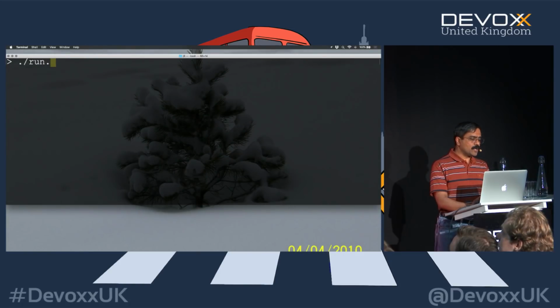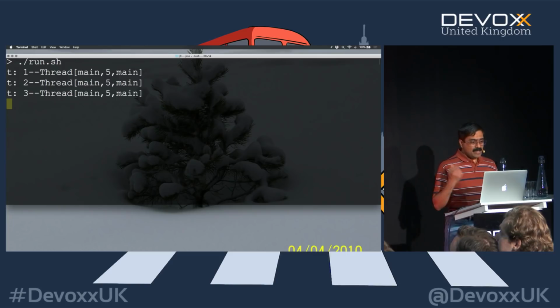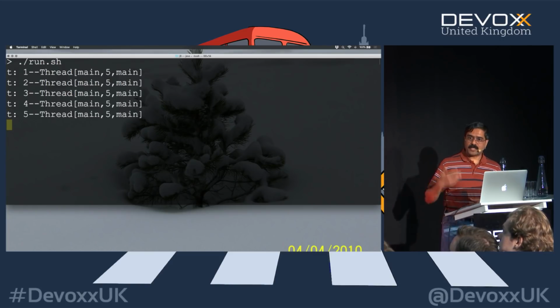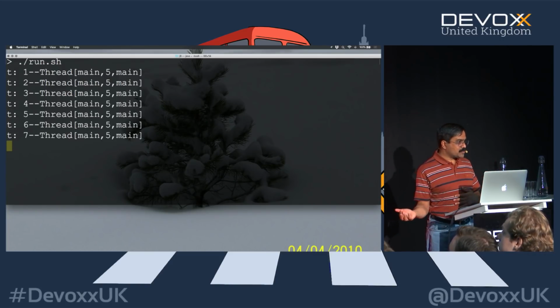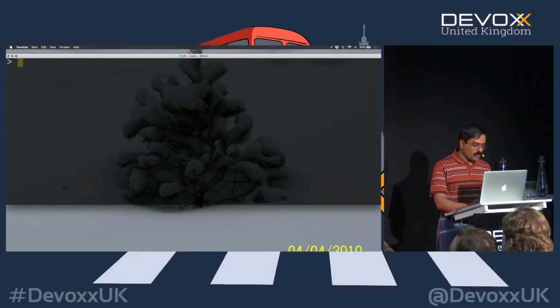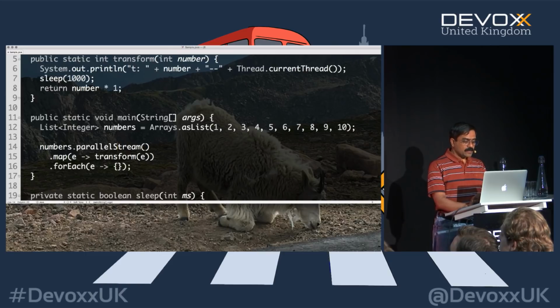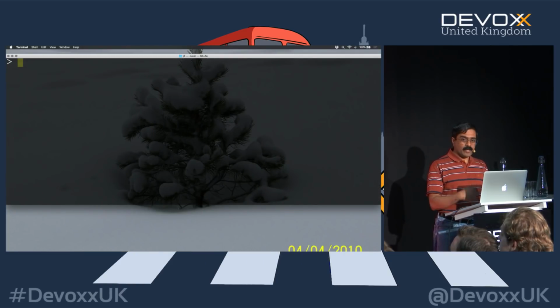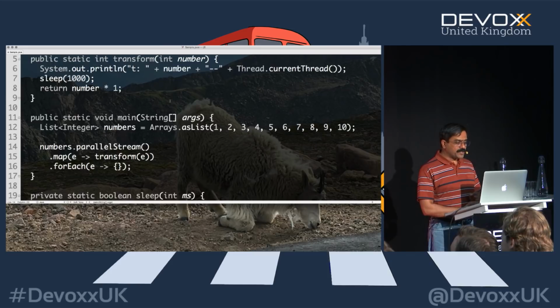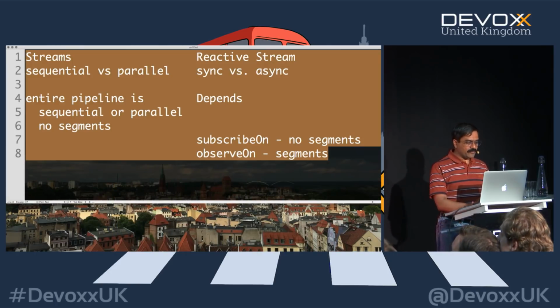So when I run this little code right here, I wanted to take a look at the thread of execution. A, it's sequential, no surprise, but B, it's also the main thread that's running it. So you can see main 5 main, so the whole thing is running in the main thread, so there are no surprises in there. On the other hand, if I were to run it as a parallel stream, then you will notice that it actually runs in parallel. But what thread is going to execute the parallel execution? Well, in the case of Java, there are a few things they did a little differently.